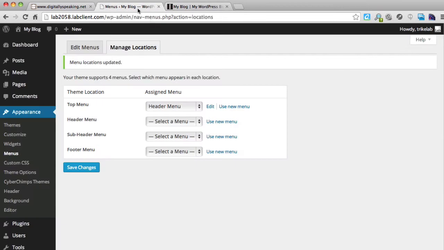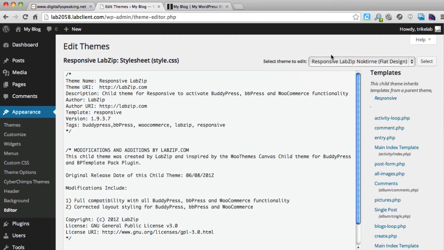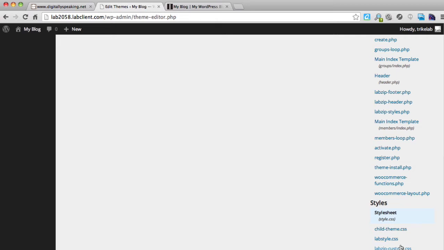Now I'm going to go back to my main admin dashboard, and there's 2 places this could go. Remember I told you that. One is if you're using a child theme, which I happen to be using. I'm using the Responsive LabZip child theme. I can go under Appearance Editor, and I can go ahead and select the child theme here, which is the Responsive LabZip child theme. And then I'm going to click Select, and I'm going to scroll down to the LabZip